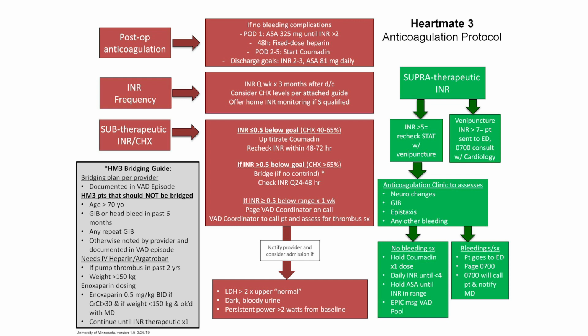We monitor an INR at least weekly for the first 3 months post-discharge, and then as needed with changes. Our Coumadin clinic has a specific order set, and we've looked at, do they do better, do we do better? They do better. So they manage our INRs, and sometimes we give them gentle prods. If the INR is drastically subtherapeutic, and there are no contraindications, we do use enoxaparin to bridge patients until they're therapeutic. If it goes on and on that they're subtherapeutic, they're getting admitted and getting heparin. If it's just a titch low, like 0.5,